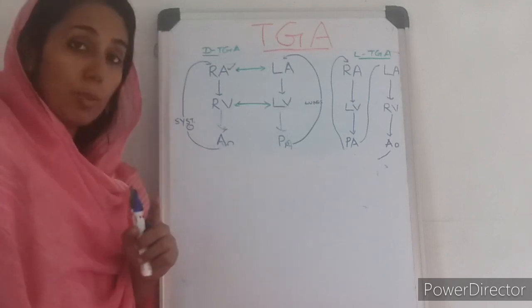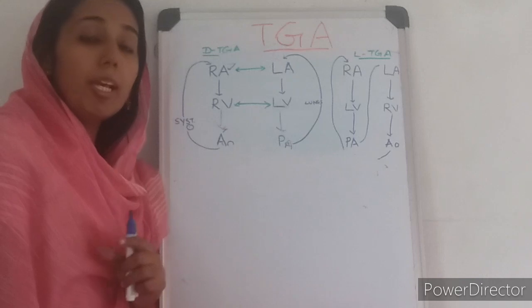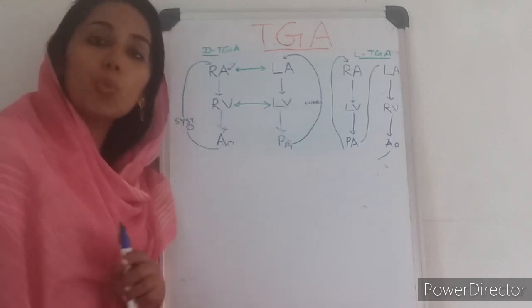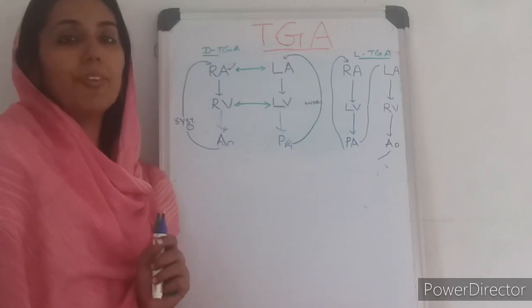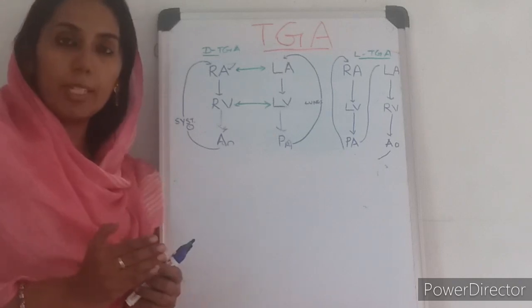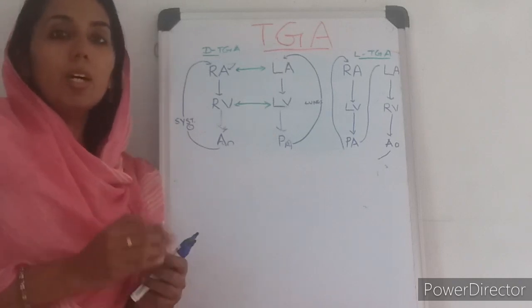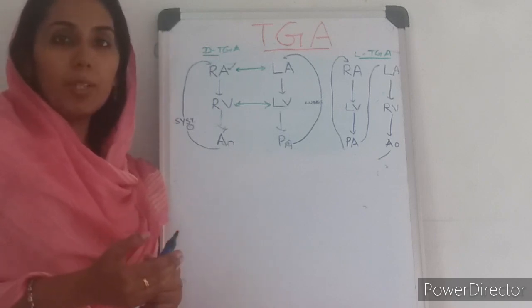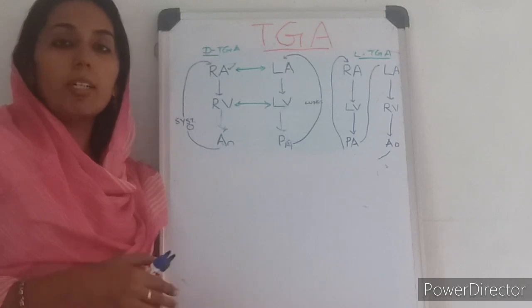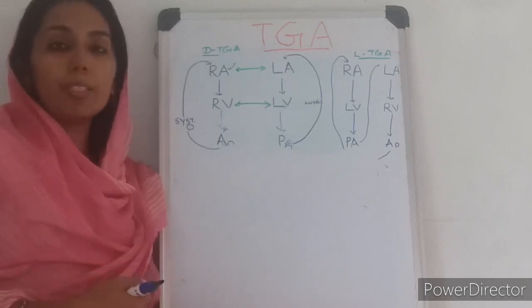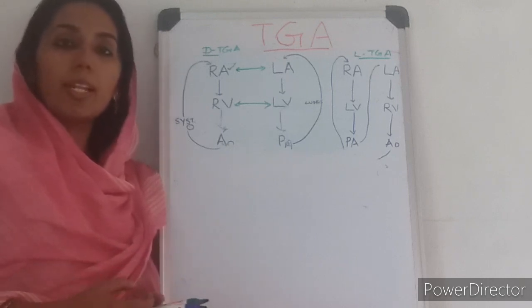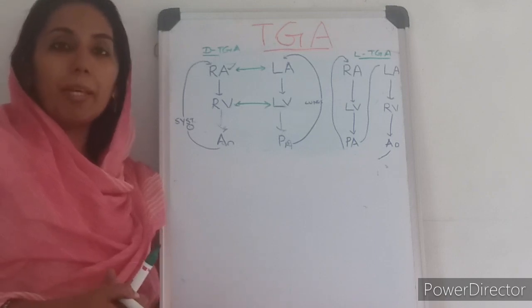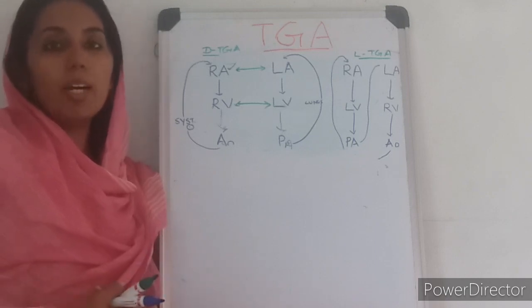But the atrial switch operation is actually not ideal, because the RV has to maintain the systemic circulation throughout life. In patients with TGA with VSD, we can do an arterial switch operation a bit late also. We can delay it up to at least 3 months of age, because here the regression of the left ventricle does not happen, as the VSD or the PDA will maintain the integrity of the left ventricle.